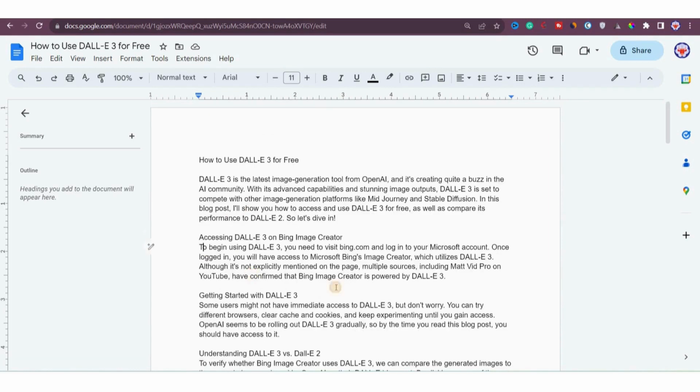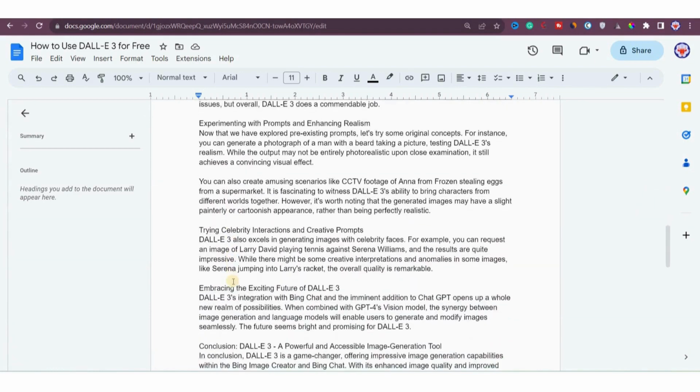If you come across a section that's too short, like the one here, we can expand it using Bing Chat. As I mentioned earlier, we will use Bing Chat for this purpose. When I reviewed the entire blog post, I noticed that one heading and its corresponding paragraph were too short, and that heading is the limitations of DALL-E 3 and its respective paragraph. To solve this issue, I will demonstrate how to use Bing Chat to generate both the heading and the paragraph.